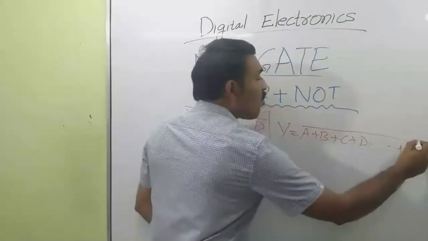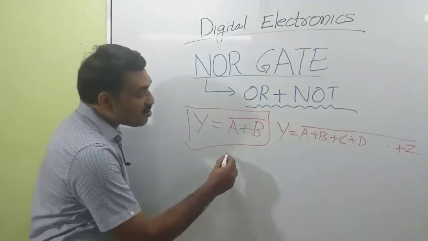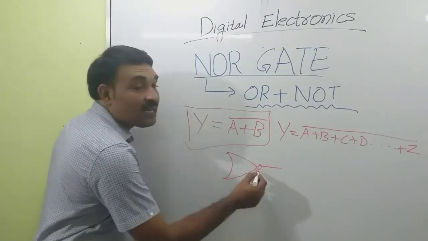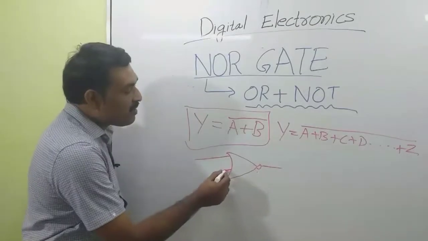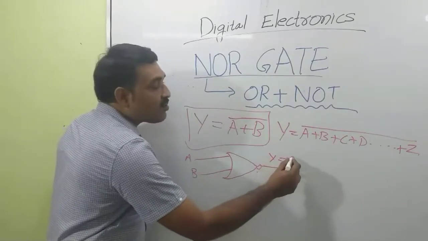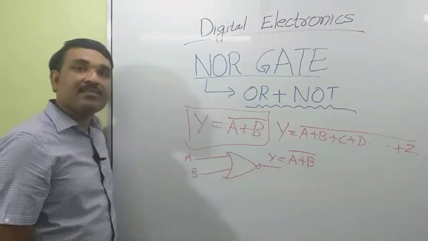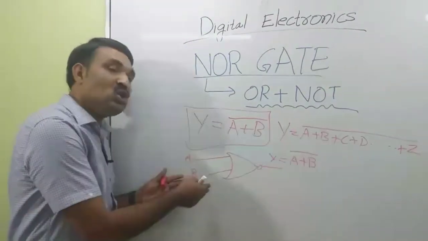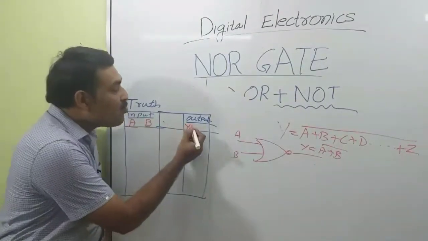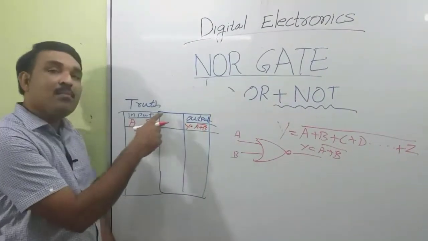This is all complemented. Now we can draw the circuit symbol for this operation. So first we draw an OR gate, followed by a NOT gate. So this is an inversion operation. Then I am giving two inputs A and B, and the output is Y, that is equal to A plus B, logical addition, the complement. Now we can draw the truth table representation of this gate. We have two inputs A and B, and the output Y is equal to A plus B, the complement. So I have one more column.